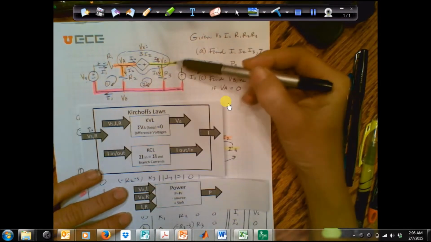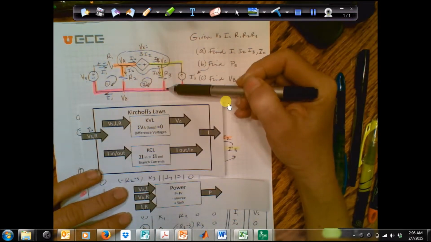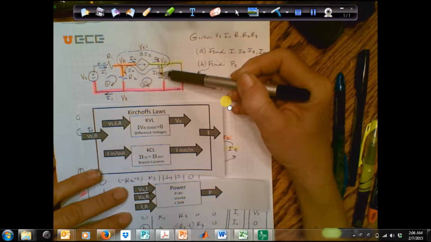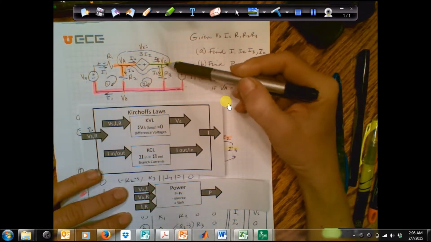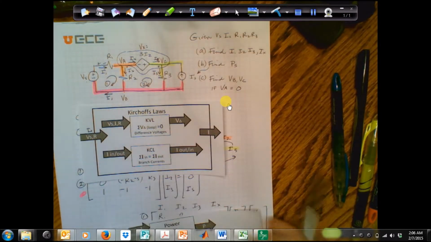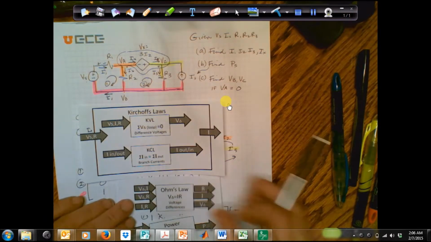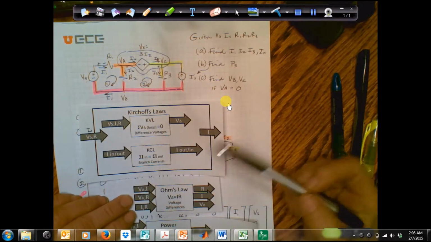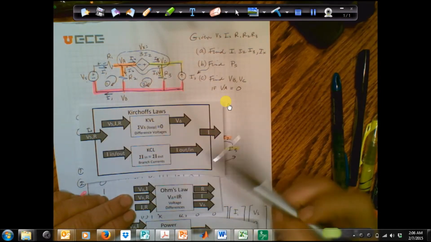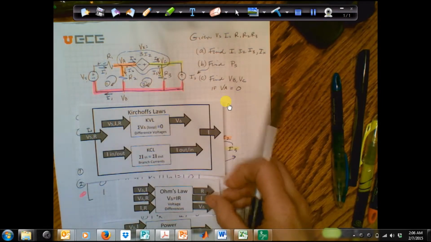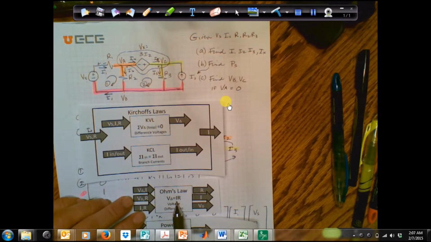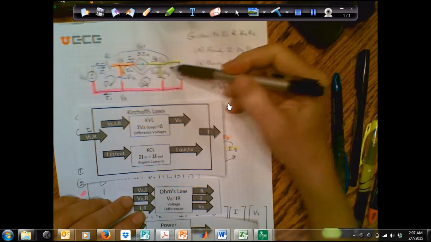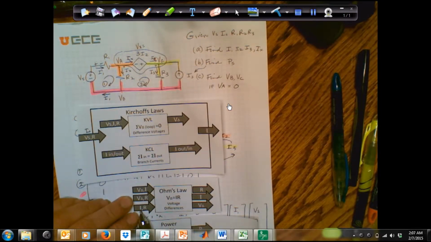Here, can I have voltage difference and current? I certainly have current, I've got I, but I don't have voltage difference. So how can I get voltage difference? Well, there are several tools that I have for getting voltage difference, and this is actually the one that I'm going to use. Voltage difference is current times resistance. So I have current and I have resistance, right here, so I can get voltage difference.